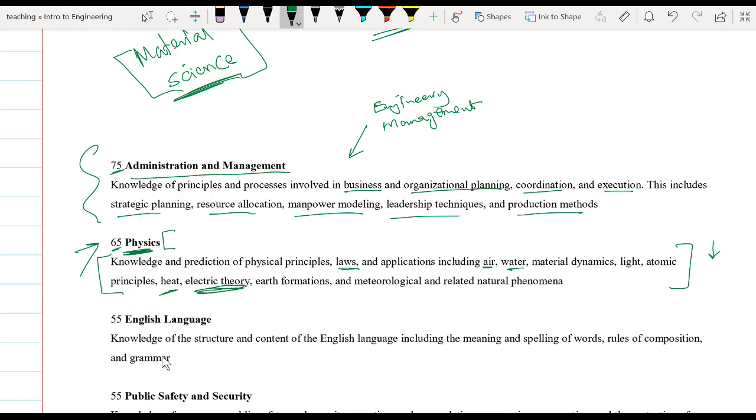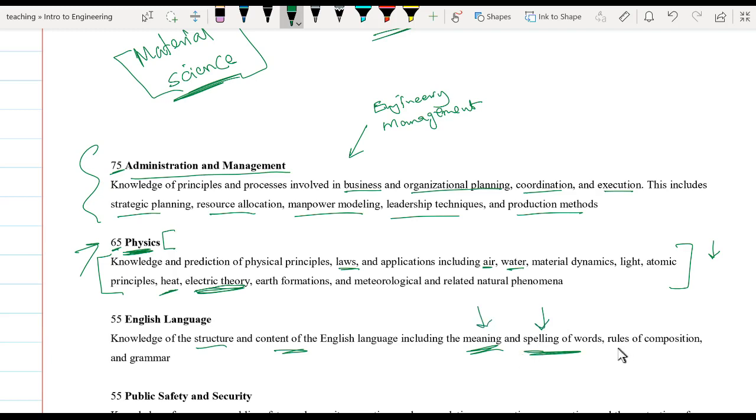Again, you need to be able to communicate with your peers, with other engineers, and with your customers, among others. So you need to have some good understanding of the English language. The structure and the content of English must be conversant to you. You cannot be careless with the meaning of words and spelling of words just because you are an engineer and you are good in mathematics. As much as passing in English was not the first requirement for you to be admitted into engineering, you cannot afford to be careless with